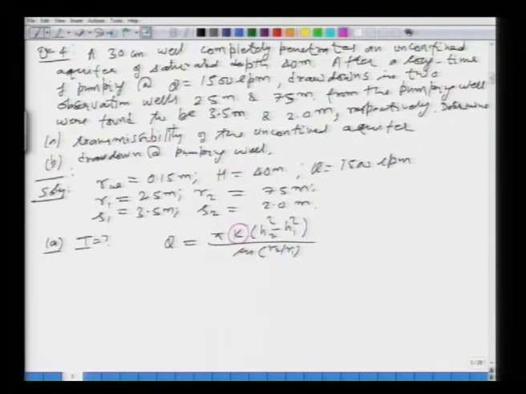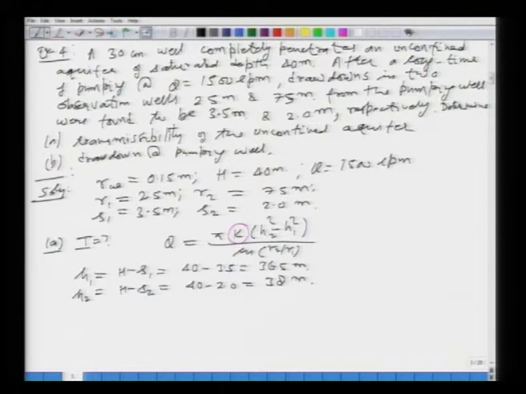All right. So, first we need to find K, to be able to find the transmissibility. In this equation everything is given to us. So, Q is given, H1, H2, R1, R2, these things are given to us. In the sense that the drawdowns are given, we can find out what will be the H1 and H2. So, H1 is going to be nothing but capital H minus S1, which is 40 minus 3.5, which is 36.5 meters. H2 is capital H minus S2, which will be 40 minus 2.0, which is 38 meters.